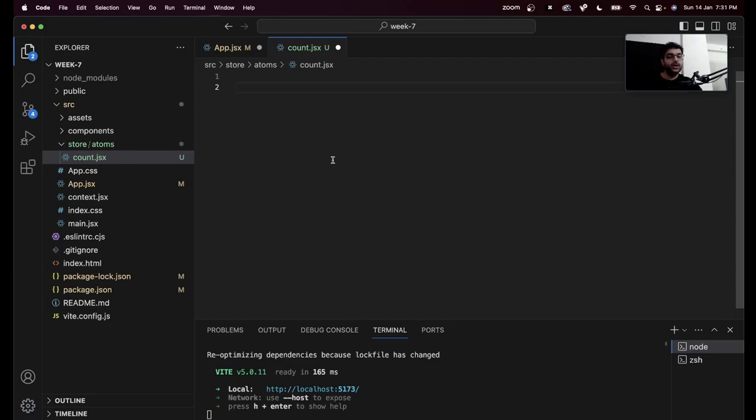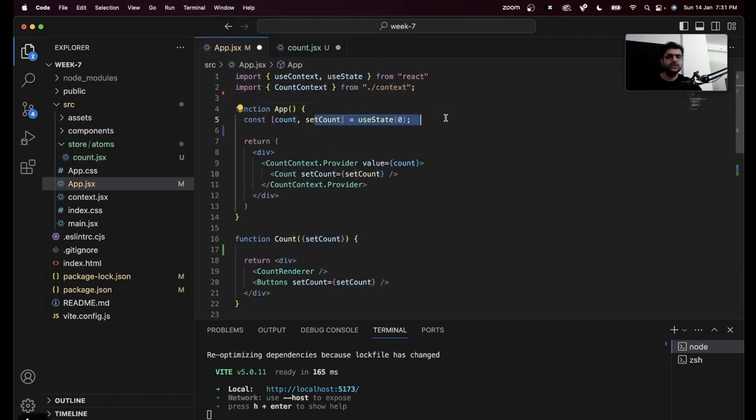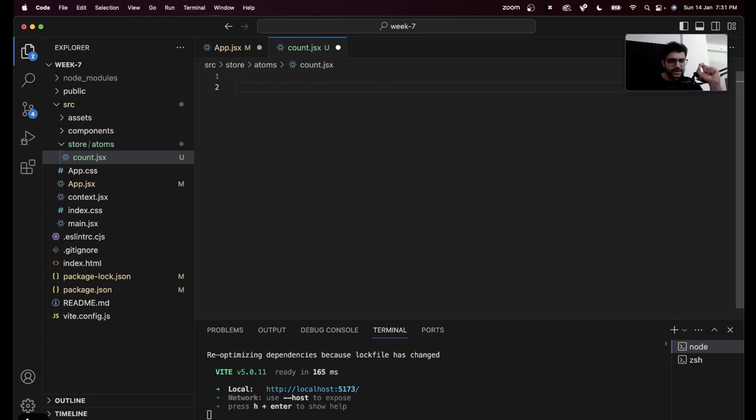Next up, we need to define that atom. Again, it is similar to this useState. We have to define a single atom. This is going to store my counter information. Let's just define it first. We'll export it later. const countAtom equal to atom, which you can import from Recoil,